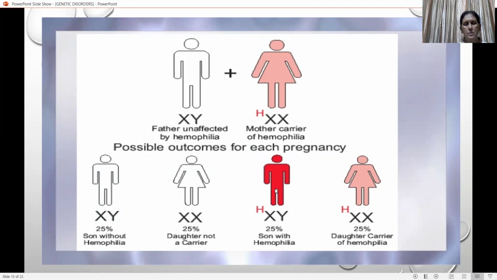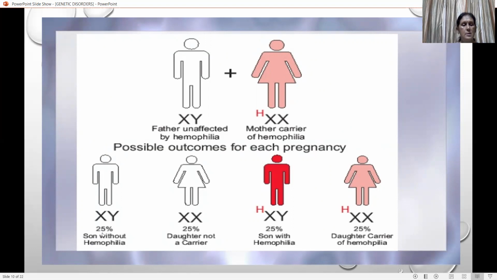That is, one son is hemophilic because the X chromosome comes from the mother. Similarly, another X chromosome comes from the mother to its daughter. And here the Y chromosome does not carry the hemophilic gene. So here a single X is sufficient to express the hemophilic gene in the son. So here the son is hemophilic, but in the case of the daughter, she is a carrier because the hemophilic gene is found in one X chromosome but not in both.